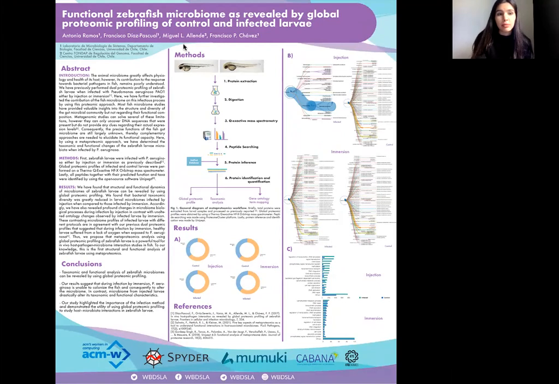The animal microbiome plays a key role in different physiological processes, and it also affects the whole cell. That's why it is important to study changes in the presence of pathogens. Here, we decided to study those changes using zebrafish larvae infected with Pseudomonas by using two different methods, injection and